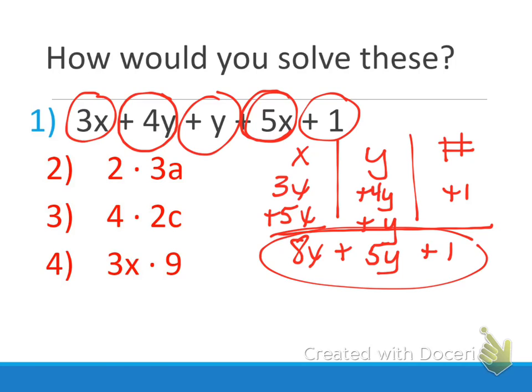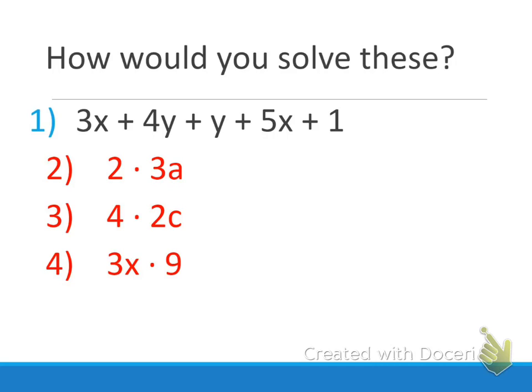Now, I want to talk about the next one, though, because this is kind of important. Look at the next one, and I want to ask you, what are we multiplying 2 by? This is important to understanding this question. What are we multiplying 2 by? If you were to rewrite this, it would say 2 times what? Jordan? You mean for the second one? Yeah, for number 2. 2 times A times